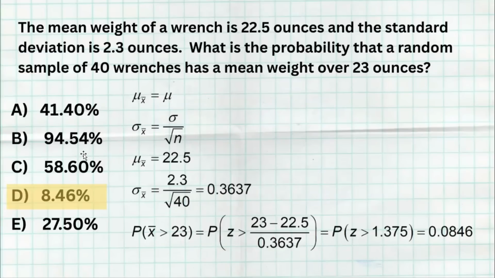Usually there's always going to be a problem related to sampling distributions on the AP Statistics multiple choice test. So this is a good practice to understand that. You have to be able to understand the mean, the standard deviation, and then find the z-score for what you're asked about, in this case 23 ounces, and then go ahead and find the probability that we are greater than that. And now moving on to